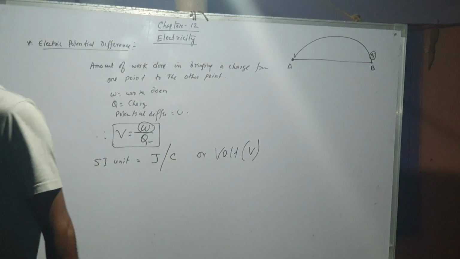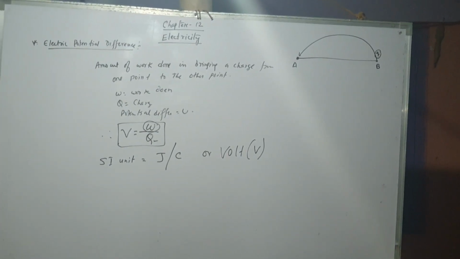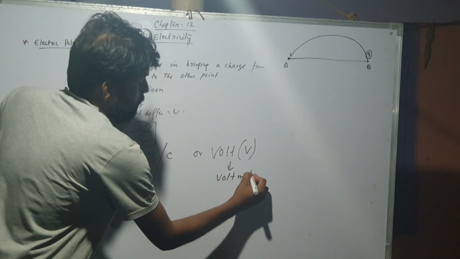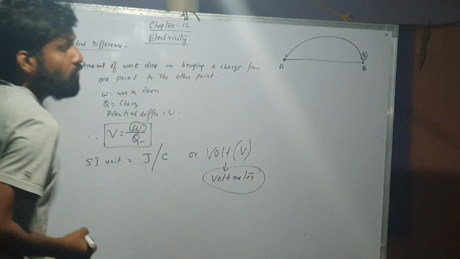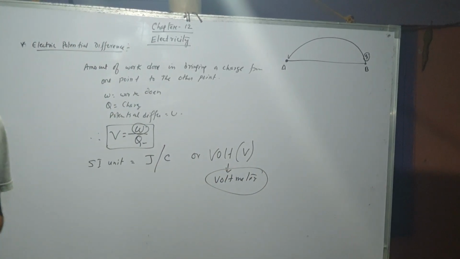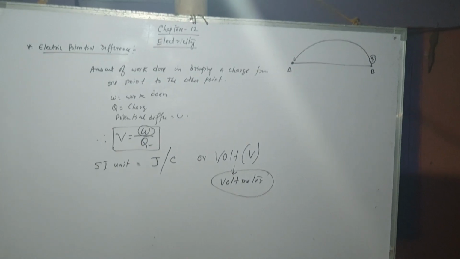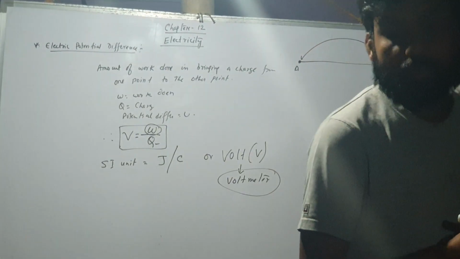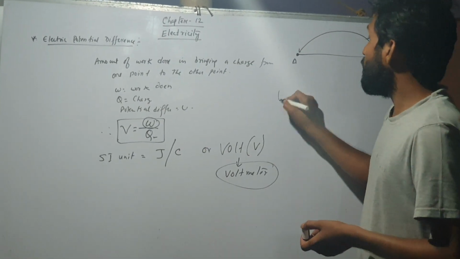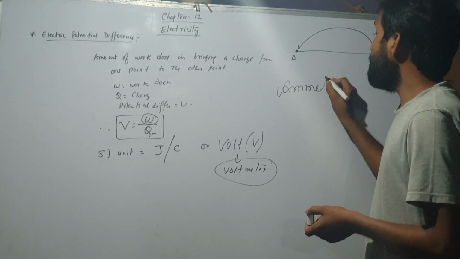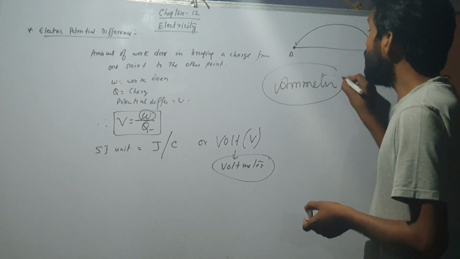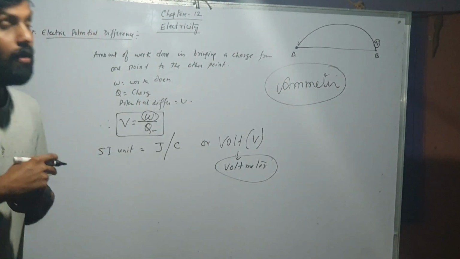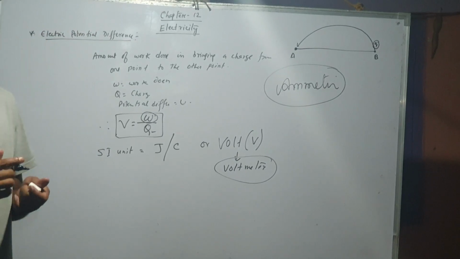Now there is one instrument which is used to measure the voltage in an electrical appliance, and the name of the instrument is voltmeter. The voltmeter is the instrument which is used to find the voltage between any two ends of a conductor. Similarly, to find out the amount of current in the conductor, we need to use one instrument which is known as ammeter. Ammeter is the instrument which finds the amount of current, and voltmeter is the instrument which finds the voltage or electric potential difference in the conductor.